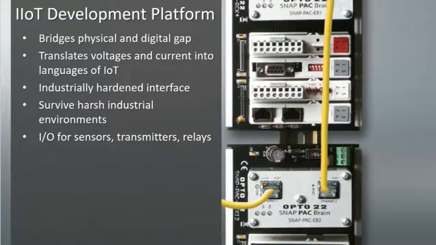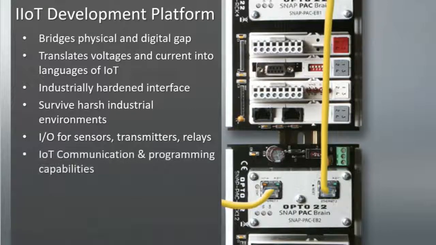Going back to the billions of devices that are already out there, we're going to need a boatload of I/O built into this thing. And we're not talking like 3.3 volt I/O. We're talking about I/O that can switch huge loads of electricity, which is what goes on in the actual real world. And remember, we want IoT communications and programming capabilities because there's this huge pool of engineering talent out there